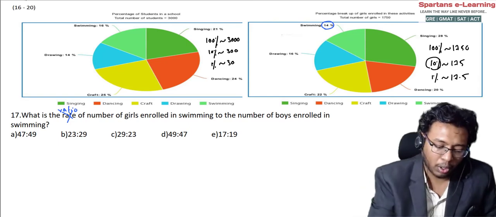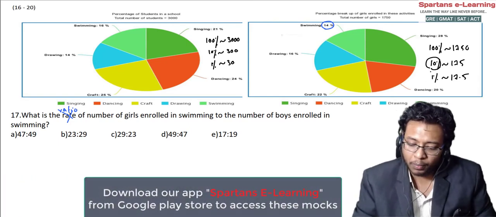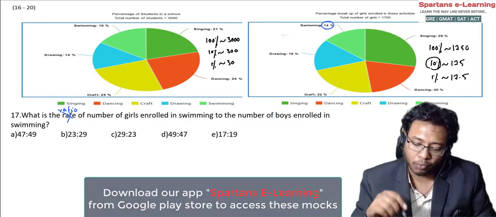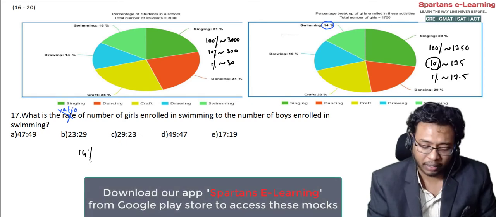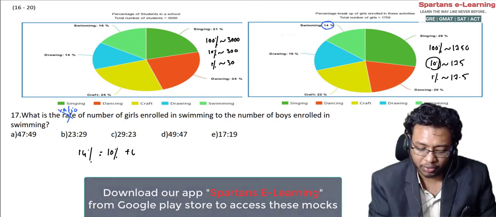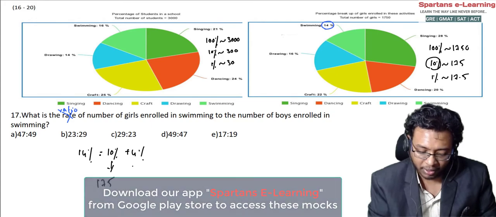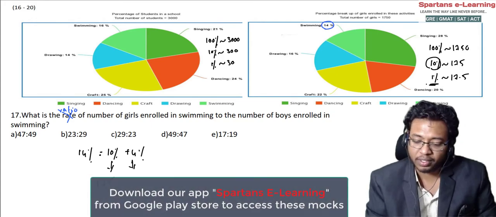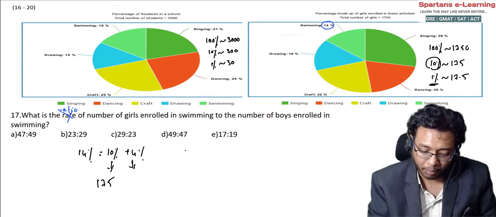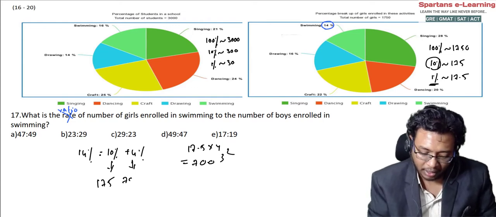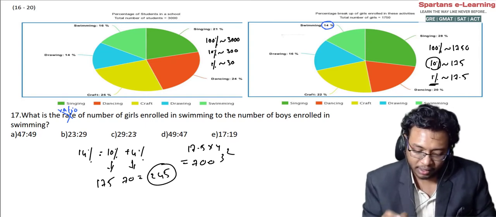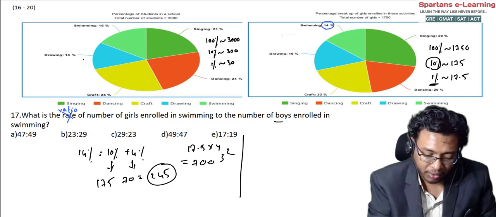14%, right? So what is 14%? 10% is 175, right? So 14% means it will be 10 plus 4%. See here, you can do it orally, right? But I am writing here and showing 14% means 10% plus 4%. 10% is 175 plus 4% is this one. 4% is 17.5 into 4. This will be 5 was 22, 28, 29, 33, 4 4, 7, 70, right? So total will be 245, right? So girls is done. Now what is boys enrolled in swimming?